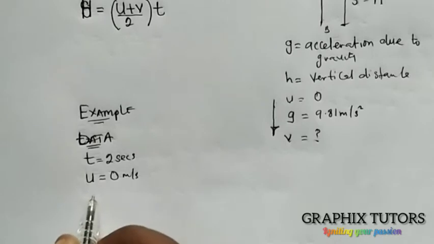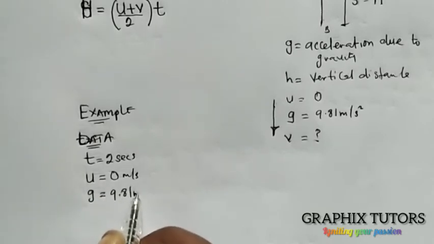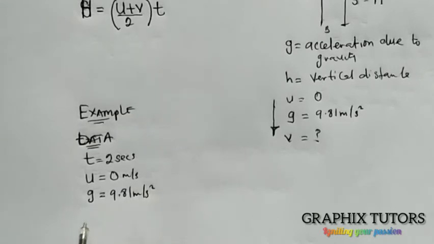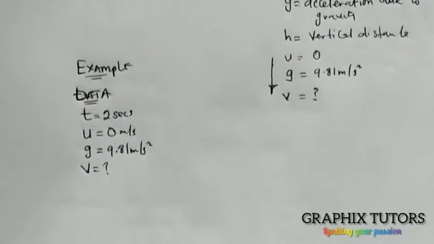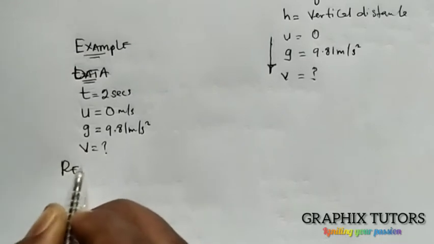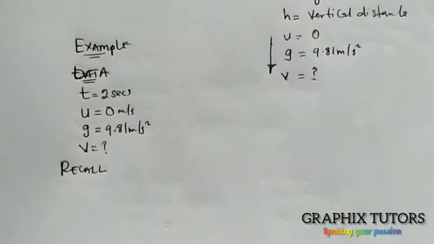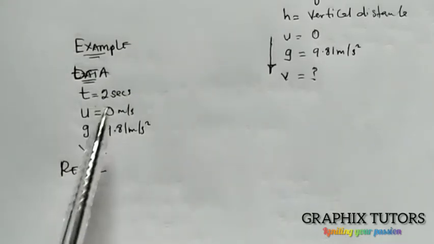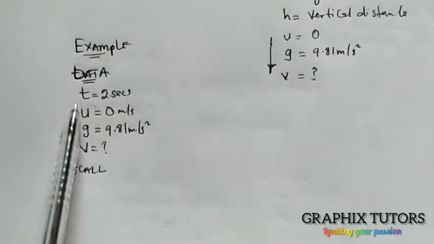Then the g is equals to 9.81 meter per second square. And the v is what we are calculating for. So let's move forward. So you put recall. What do you think we can use? We're looking for t, u, g, v. We'll look for the equation that has